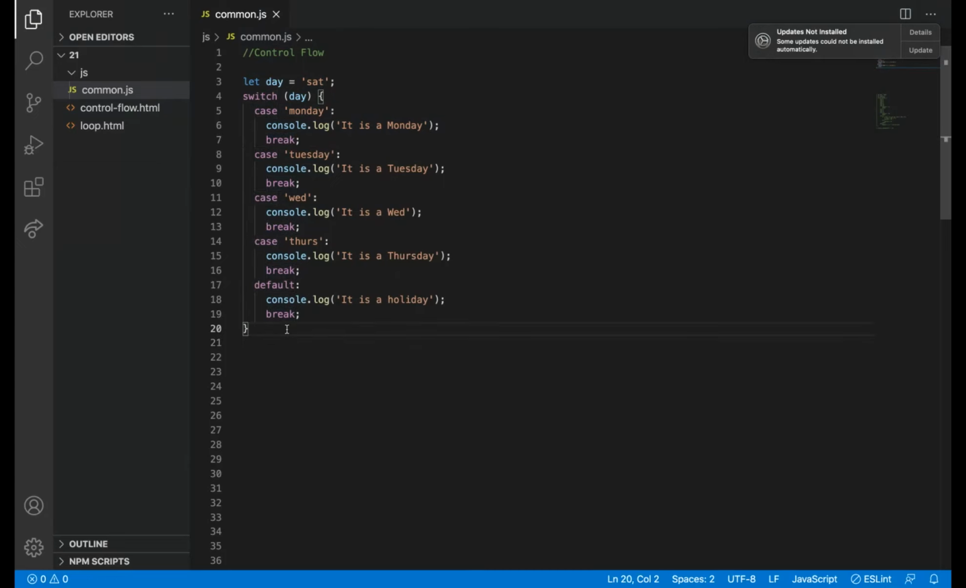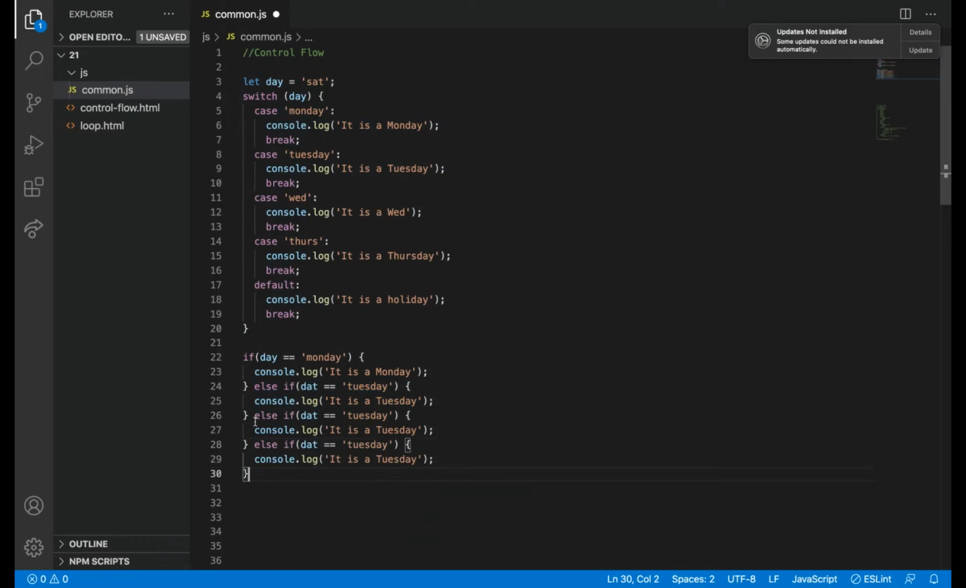And then the other thing: I can write the same like this, right? If day equal to Monday, else if day equal to Tuesday, else if